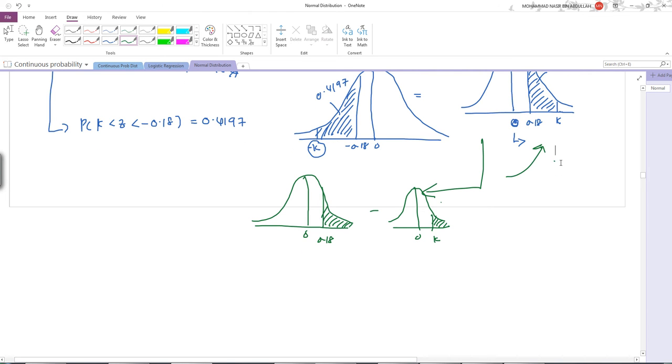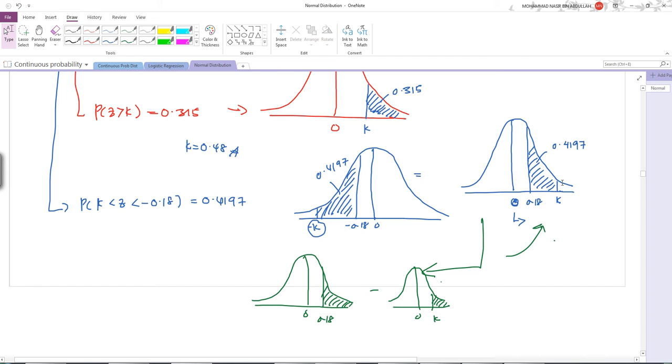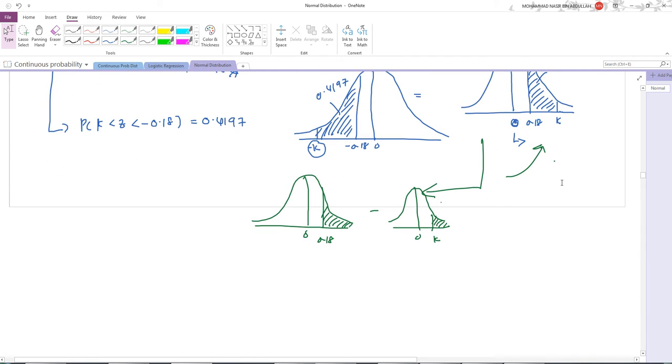Betul? Nampak logik dia kat situ? Nampak kan? So, apa kita nak buat? Probability of Z more than 0.18 minus probability of Z more than K is equal to 0.4197,